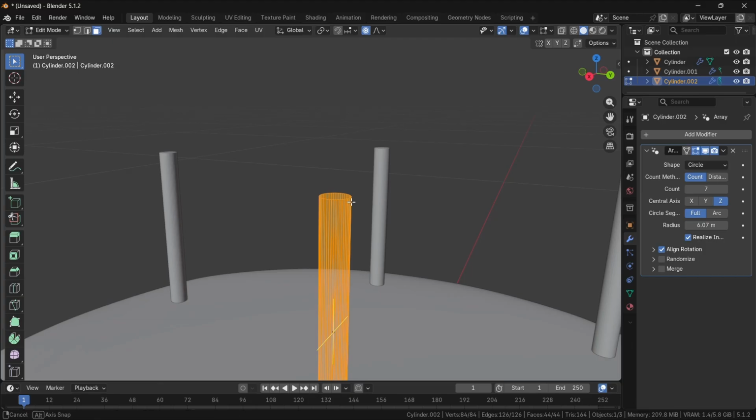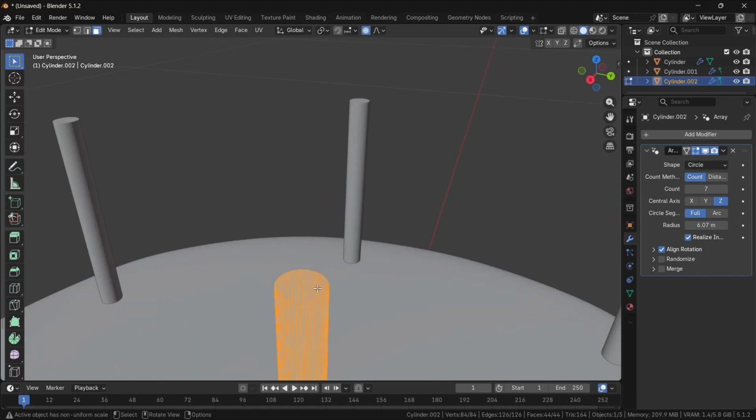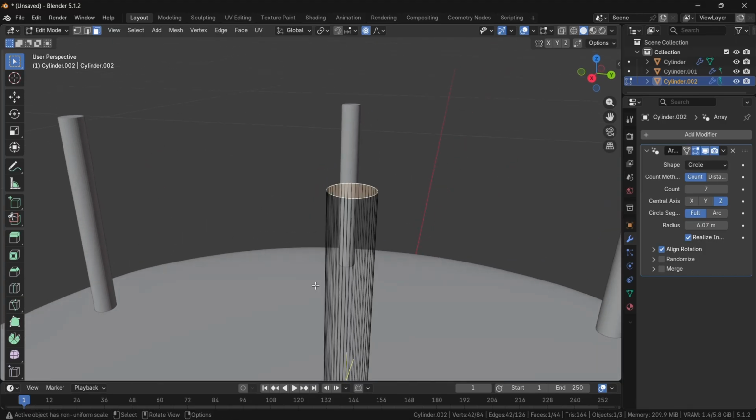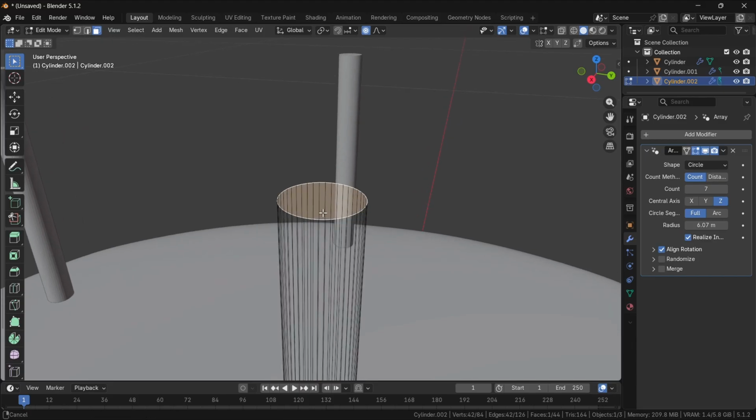Now, if you go to edit mode, you can see the original candle. You can modify it and the rest will follow around it. We'll also change